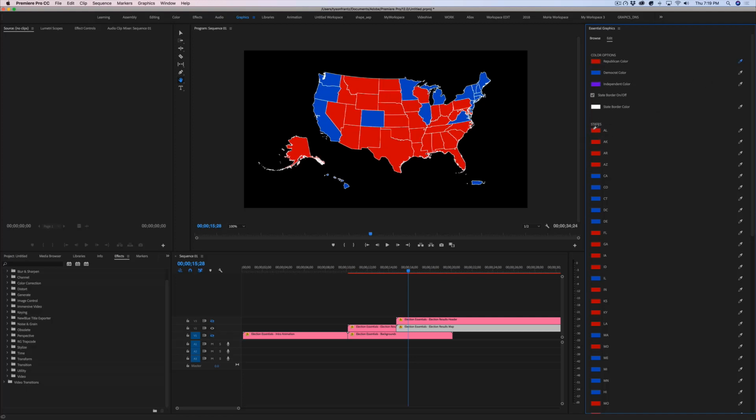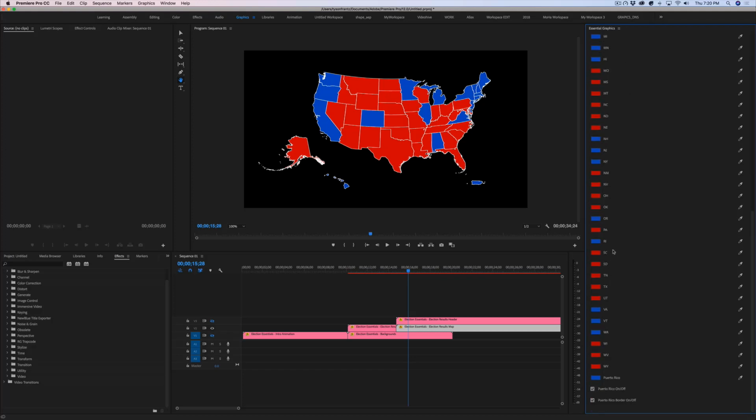So I'm actually going to make that red again. So let's say, for example, we wanted to change Alabama from red to blue. Instead of clicking on the swatch itself and then changing the color, all you would have to do is click the little eyedropper tool here and then hover over one of the color swatches that you preset earlier and click on it, and that changes the color of that state. So if you're all the way down here and you want it to change, say for example Wisconsin from red to blue, just click on the little eyedropper tool and select one of the states before it, and that will